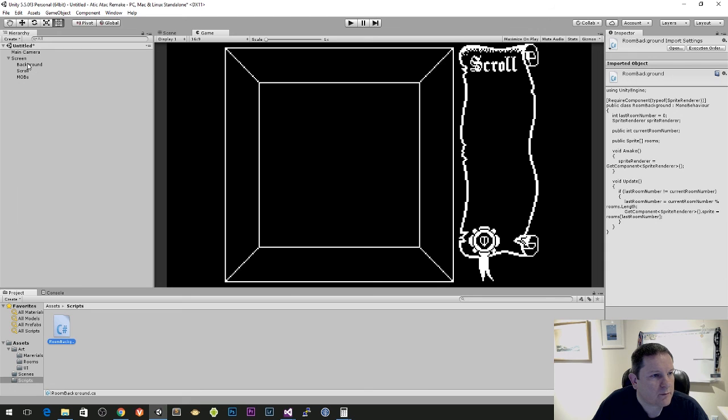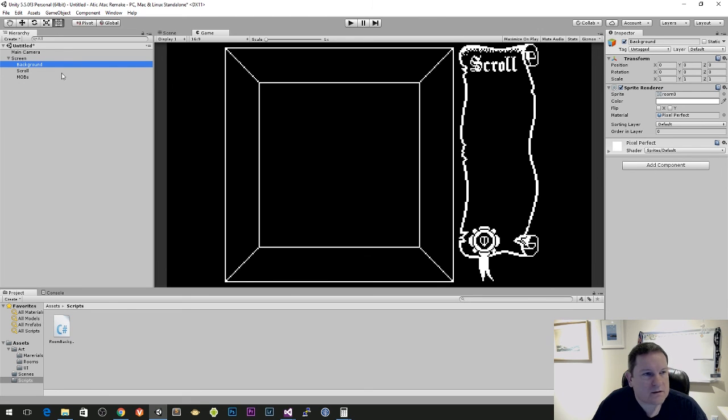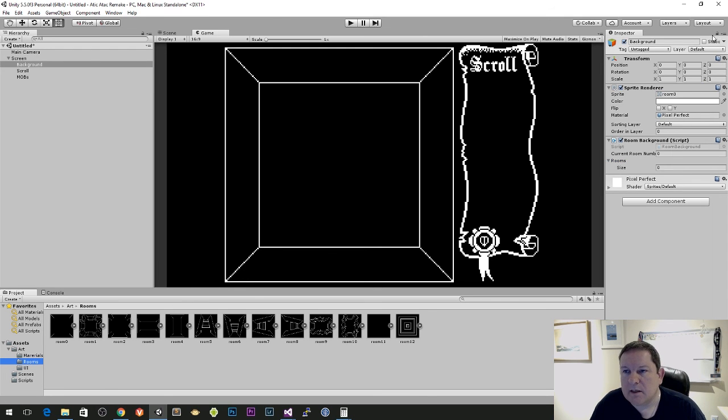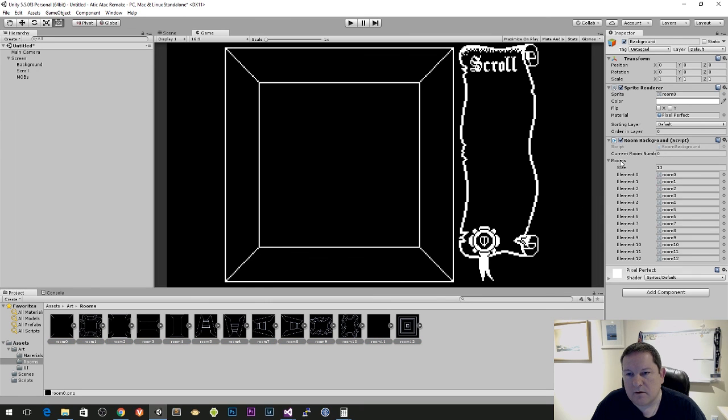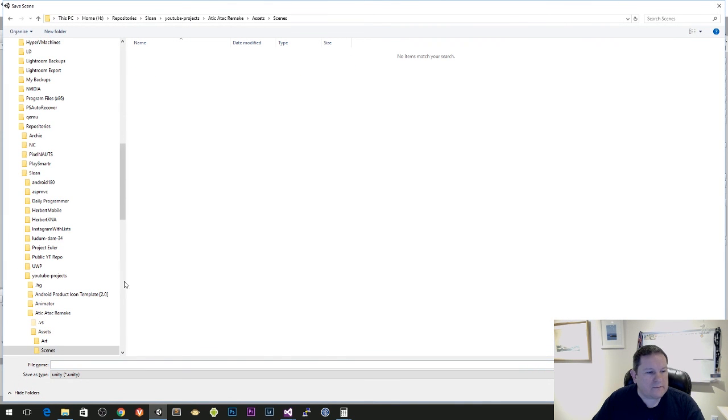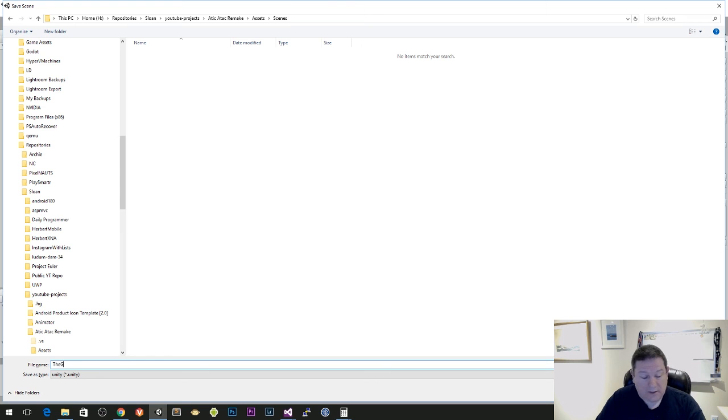So inside our background, this is our background object here. We're going to add our room background script, and you see that it has a number of rooms attached to it. So we're going to click on the little lock up here, and then choose room 0 all the way through to room 1, and drag that over onto our array. So now we have room 0, room 1, room 2, room 3, and so on, and we uncheck that box there. And now if we save the scene, we'll call this the game,